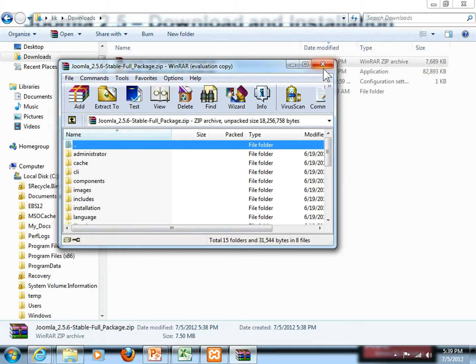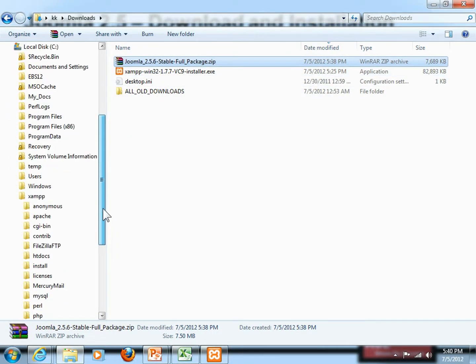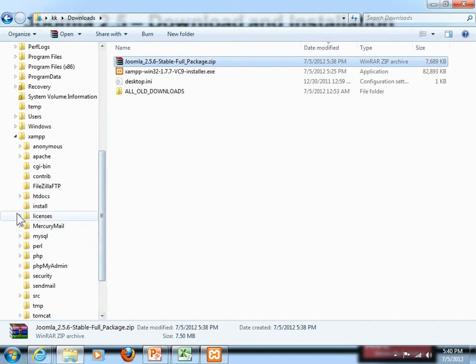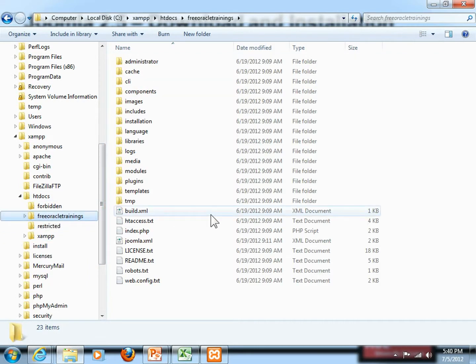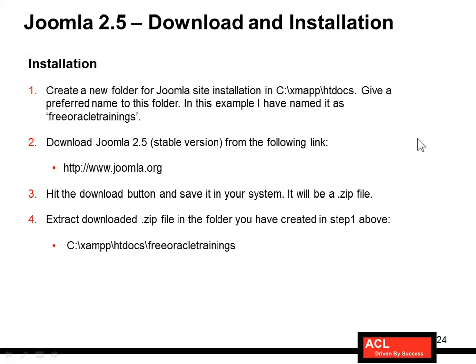It's extracted. After extraction, close this and let's go to that folder C drive xampp htdocs free Oracle trainings and see if things have been extracted, and look, everything has been extracted here. Let's go back to my presentation. So the next step is